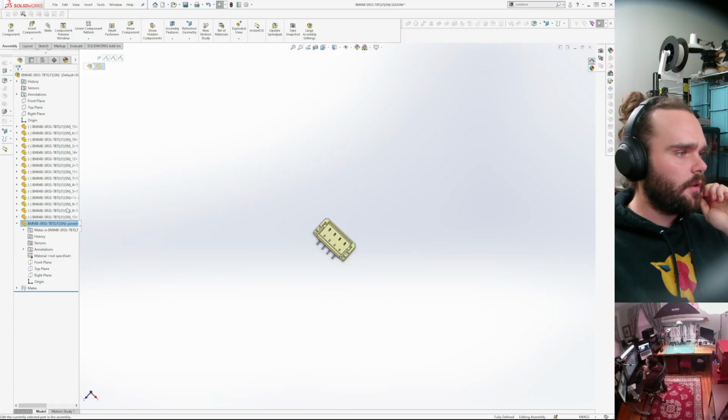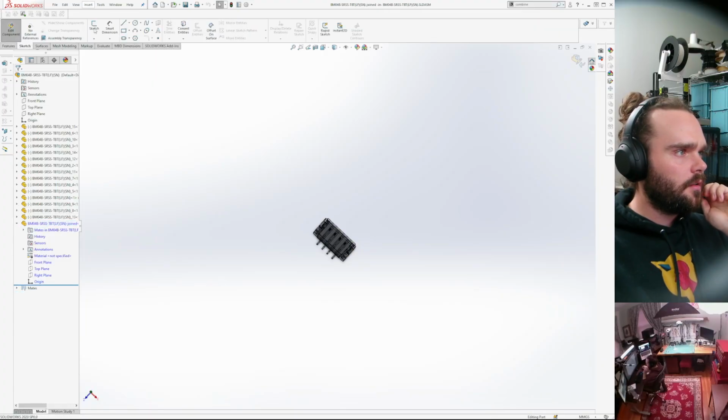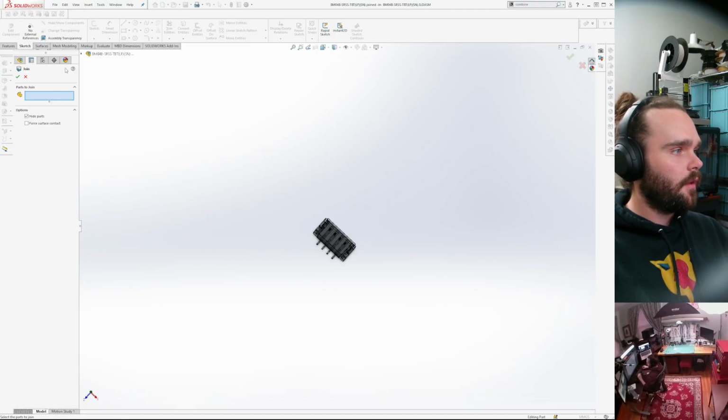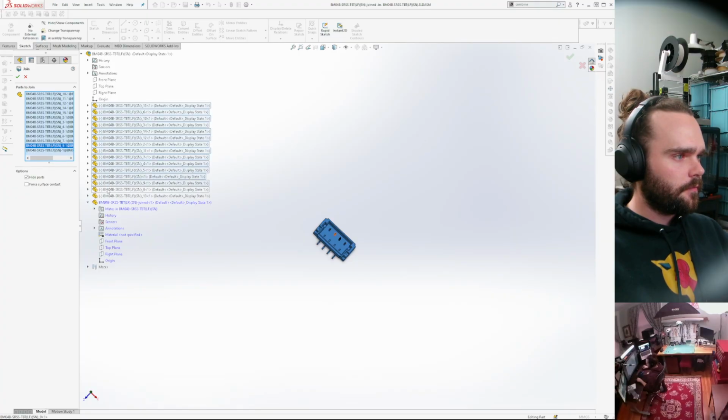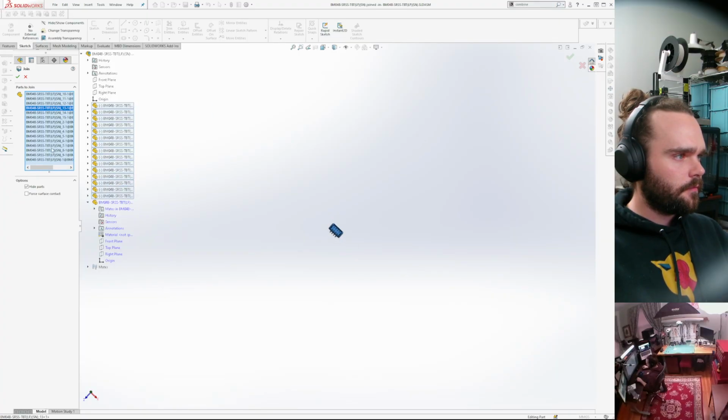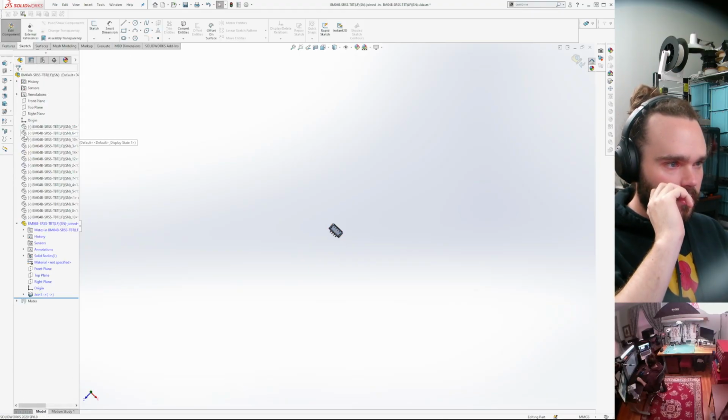So, okay, we're going to do edit, insert, features, join. Okay, let's see if this works. So we're going to just select surface contact.